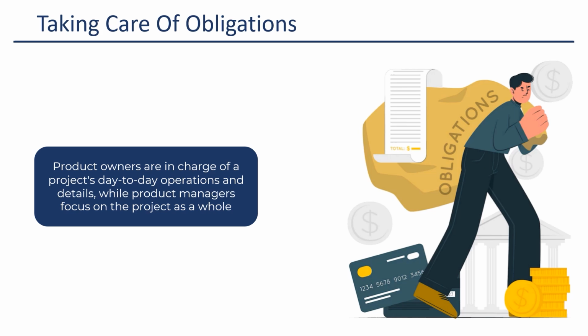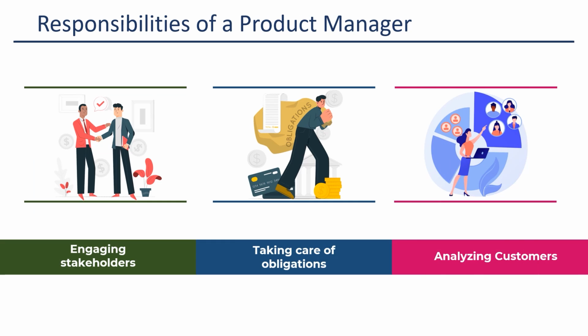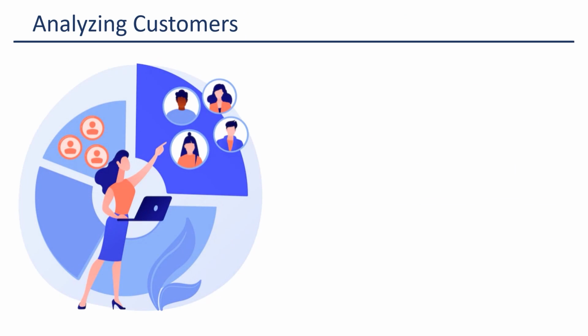To assure product fulfillment, these experts may, for example, oversee the manufacturing team, create a backlog, and work with warehouses. The next responsibility of a product owner is analyzing customers. Similar research is conducted by product owners to understand the needs and preferences of the target market, but they are also in charge of teaching the whole team about these topics.